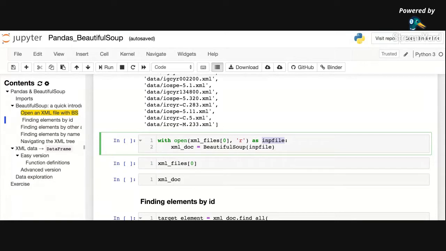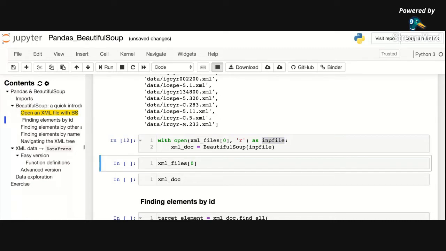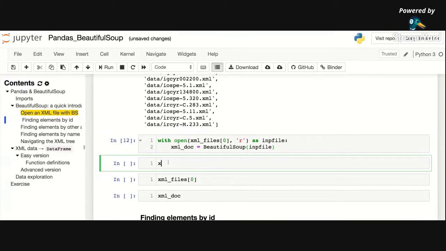So it's like creating some disposable variables that you do something with and then you don't use anymore. And we are doing this because we want to read the file, create a Beautiful Soup object, like an XML object out of it, and then we will continue working with this XML object representation. So when I execute this cell, it will have created the XML doc